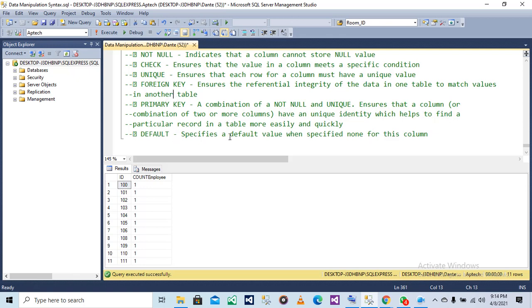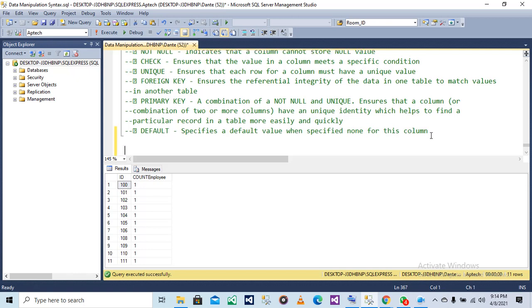So default constraints specify a default value when none is specified for this column. So if I add a default constraint to a table, let's say I'm creating a table for a store, and I'm trying to give a price to every good available in that store, and I put a default of 6,000 under the price column.